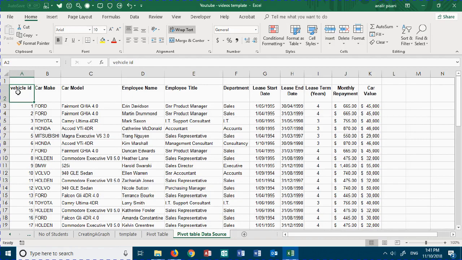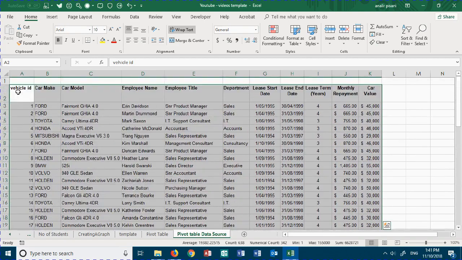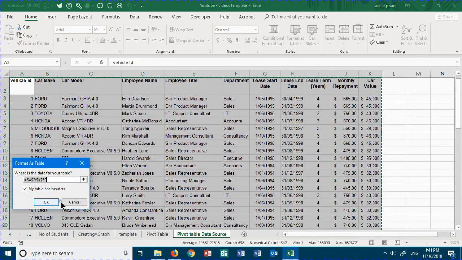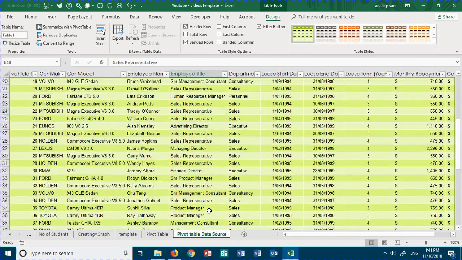Firstly, I'm going to select the block of data, Ctrl, Shift, End, which selects the block of data. I am then going to use the feature of Format as Table, which is much more than just pretty pictures that most people would think. This feature will allow me to add more records,